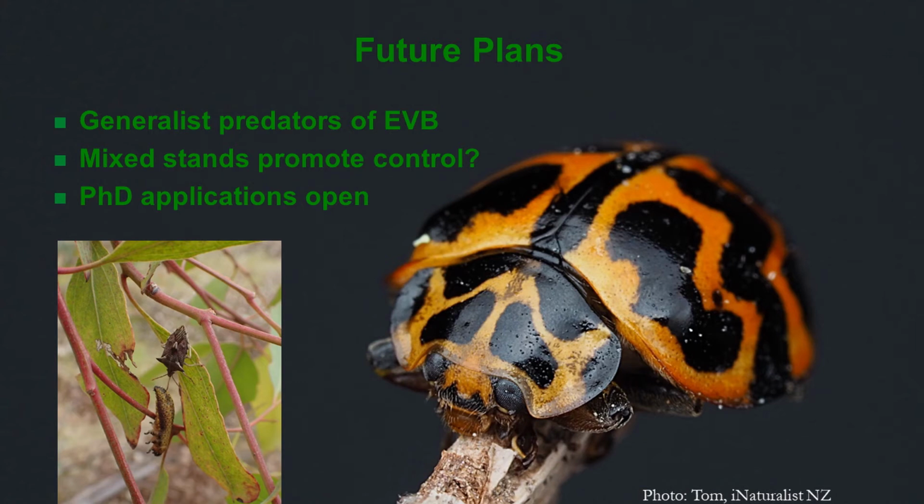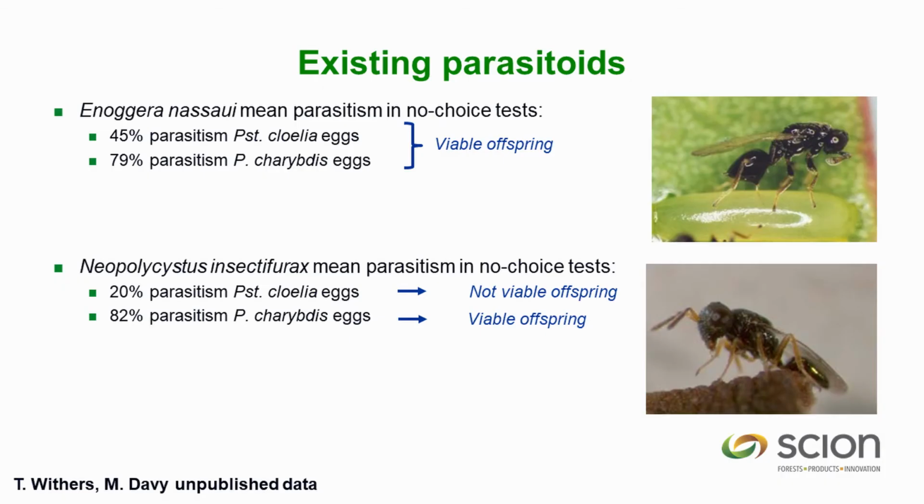And one of the things that we're quite interested in looking at is having mixed stands where we have a number of different tree species that get cut out during the thinning process, but these species will help the ladybird beetle thrive and hopefully exert more control, thus resulting in better outcomes for the main crop species of the eucalyptus. So as I mentioned earlier, the paropsine beetles are the key defoliators of eucalyptus in New Zealand,